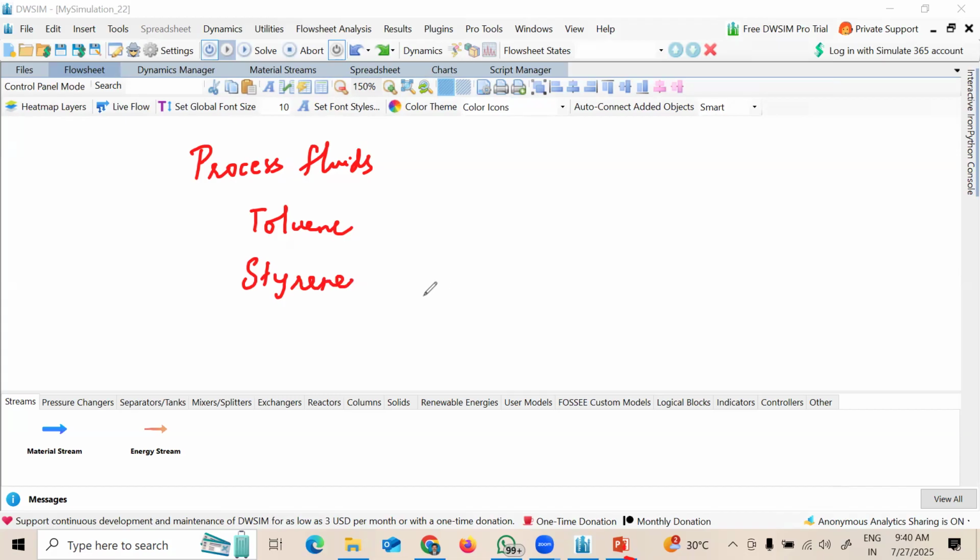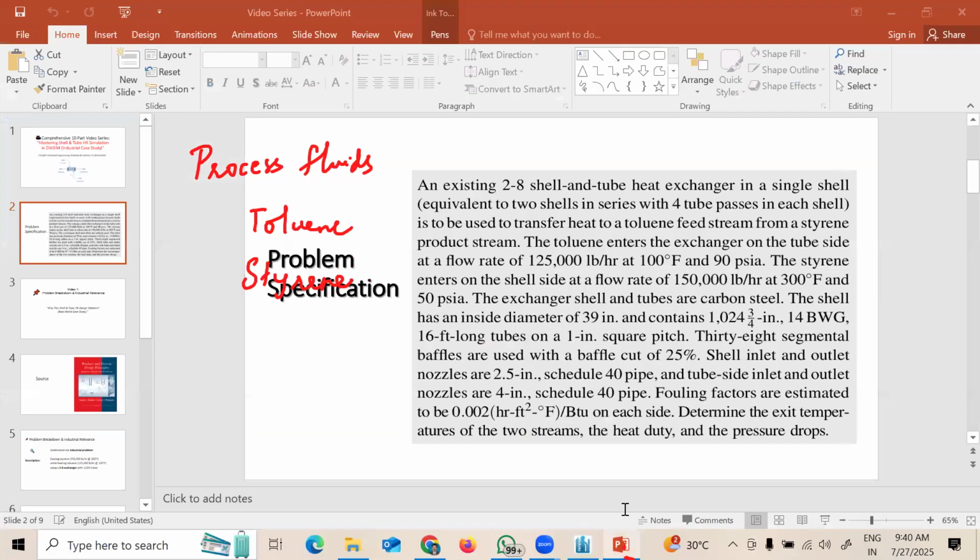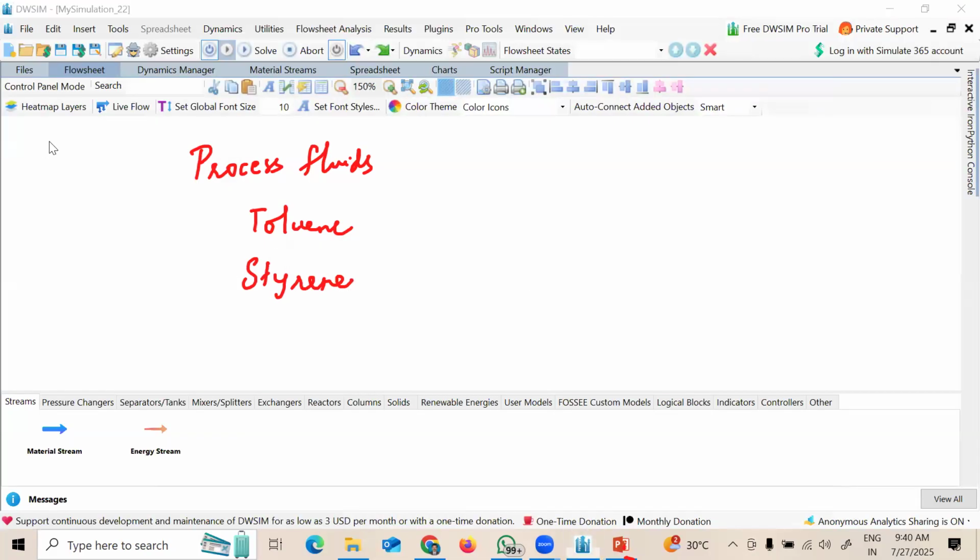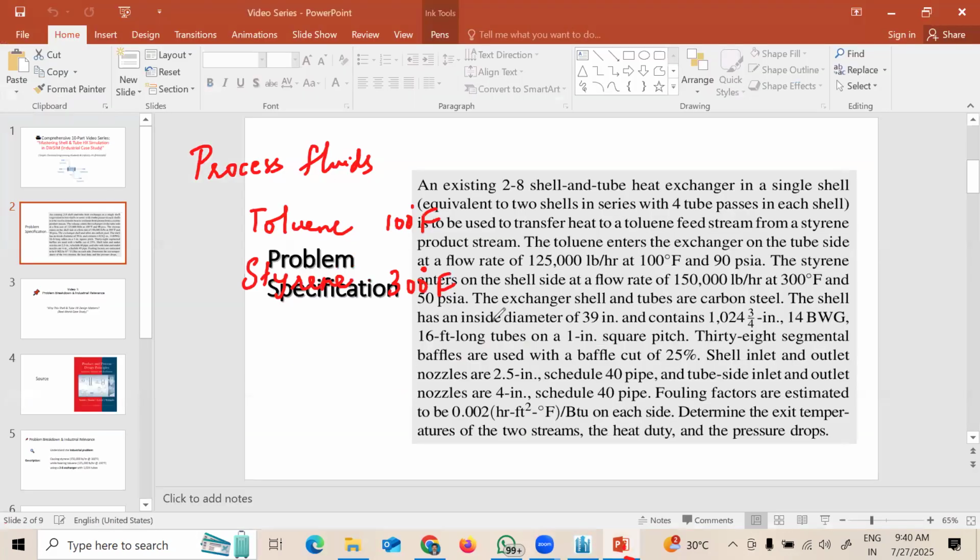Styrene, right? So these two are the process fluids we have defined, and the toluene is entering at 100 degrees Fahrenheit, and styrene is entering at 300 degrees Fahrenheit. Obviously, by looking at these two, we can understand that toluene enters the heat exchanger on the tube side, and the specification given is